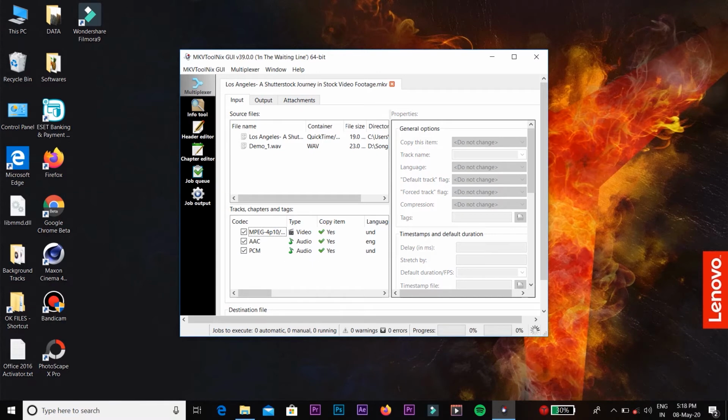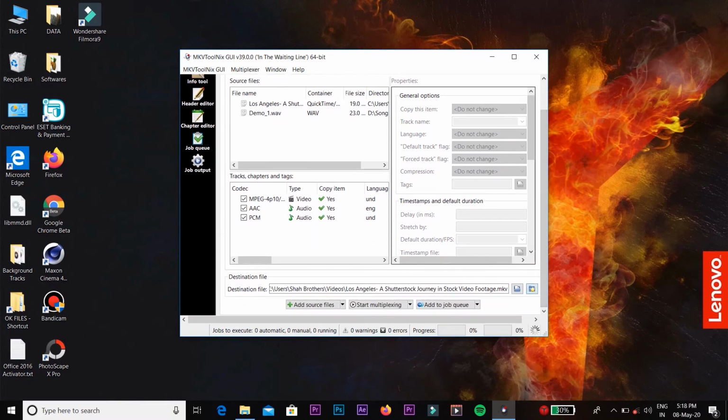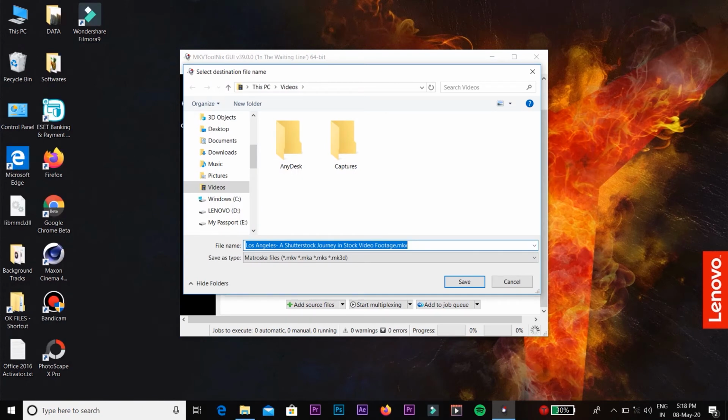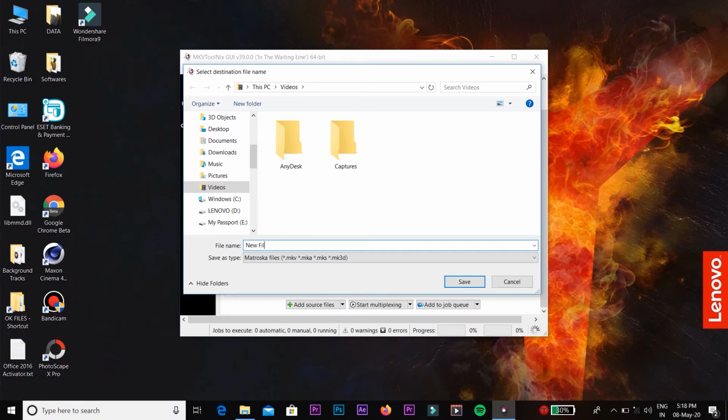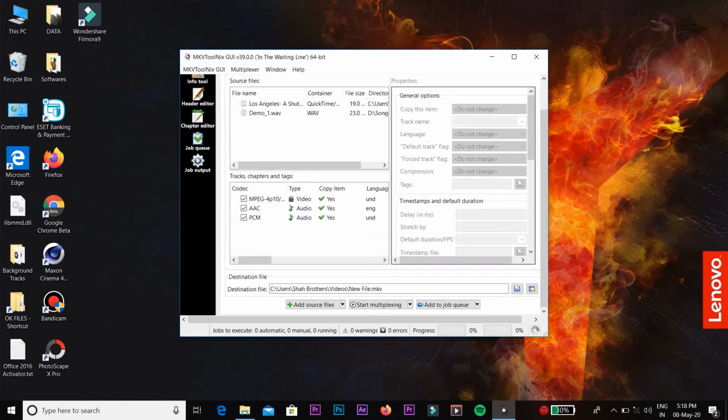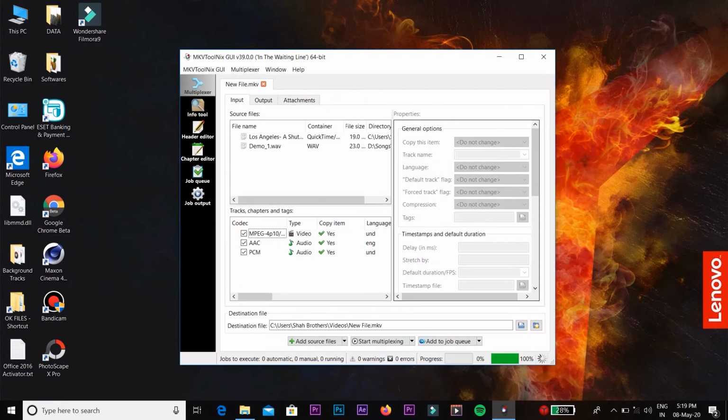Now select here output folder and give the file name new file and click save. Now click on start multiplexing. As this is finished here,